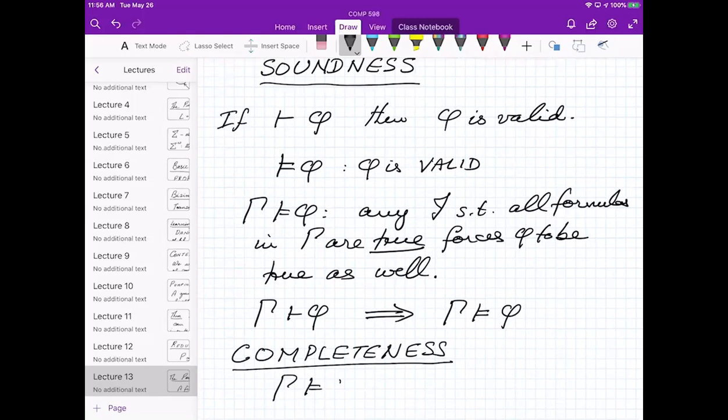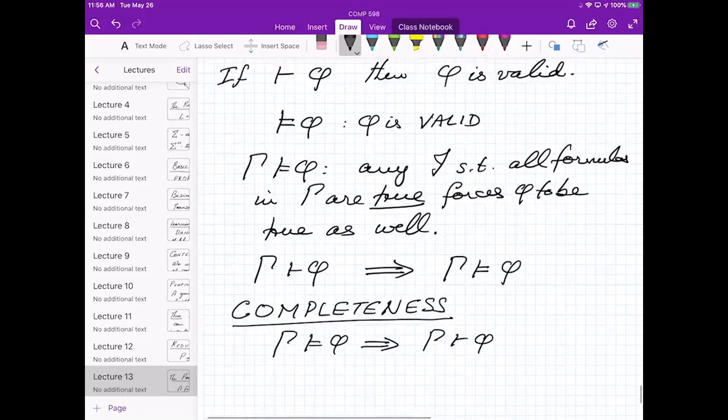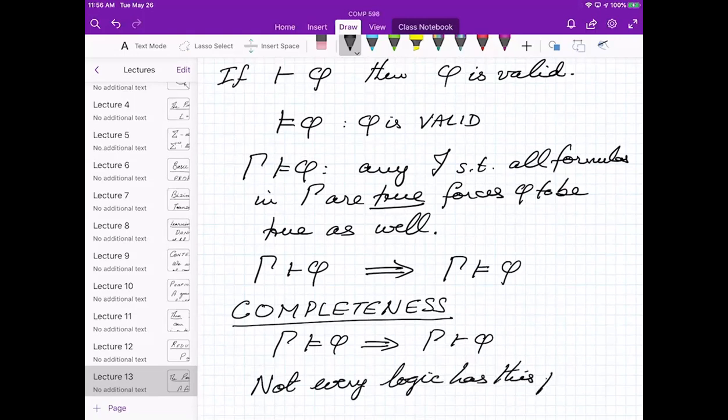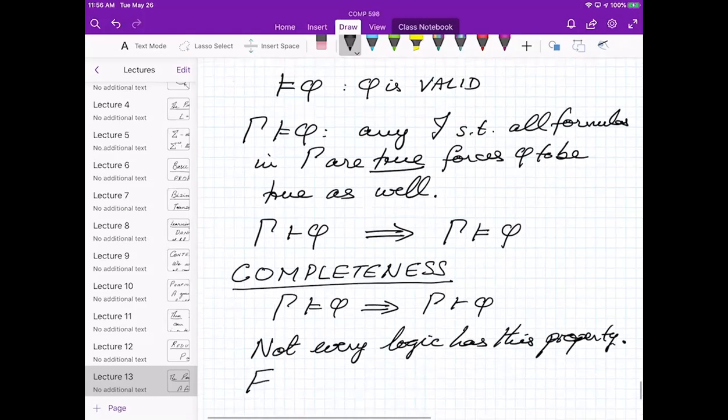If something is true in all interpretations, then it's provable. That means your proof system that you've cooked up has enough power to prove everything that you might be interested in. So not every logic has this property. First order logic has a complete proof system.